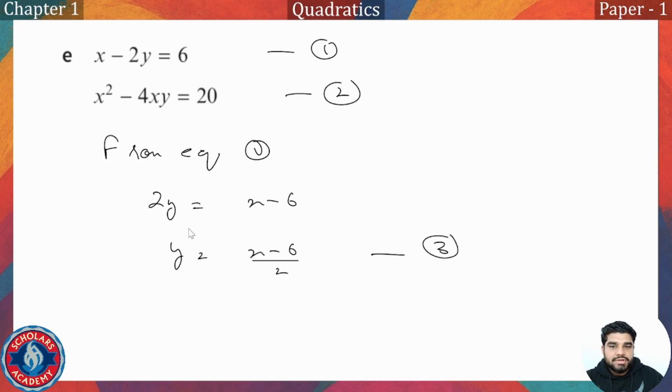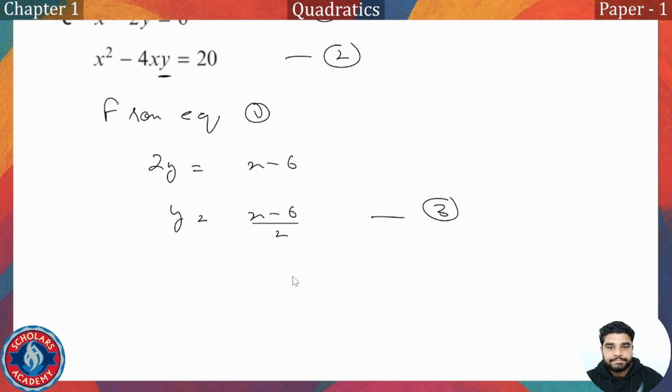Why I always try to find the value of y is because substitution of y in the second equation is easy. If we find the value of x, we need to substitute it in two places. That will be a bit longer. So substituting y is a bit easier. So substituting equation 3 in equation 2, we get